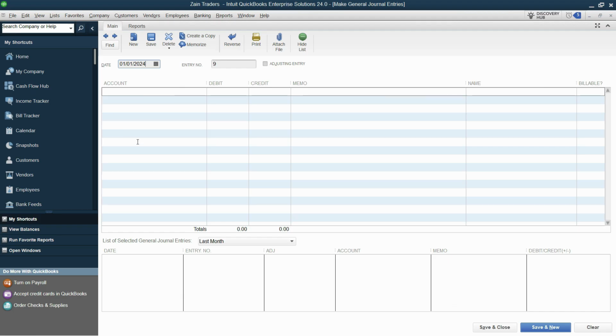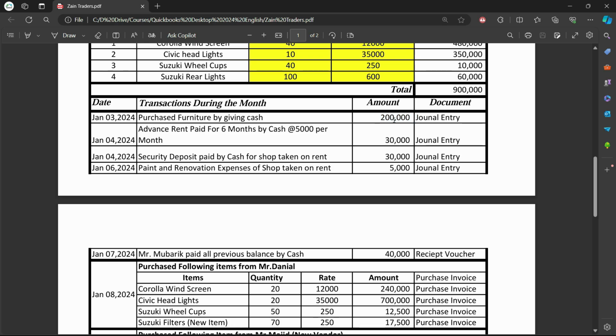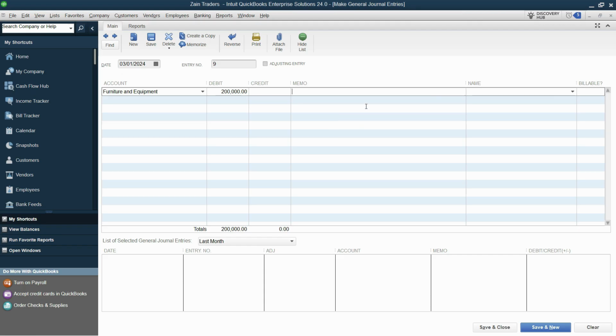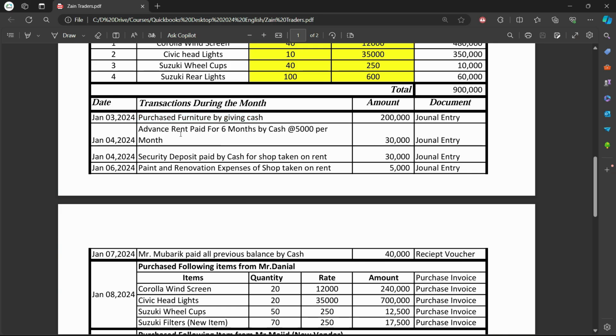So let's enter this. As of 3rd of January, the transaction is furniture by giving cash. Let's write furniture here, and the amount is 200,000. In the description, I'll just directly copy and paste this description here. Now to move to the second line, just press tab. It will automatically show the other entry on the credit side. We just have to mention cash, and that's it. Journal entry is done. Let's click on save and new, because the next one is also a non-trading activity,